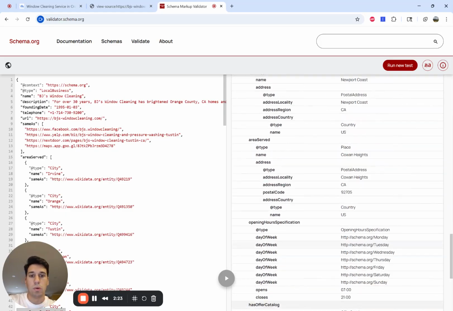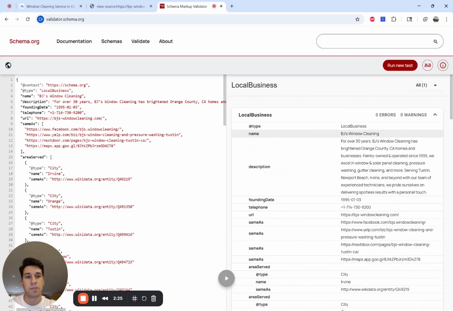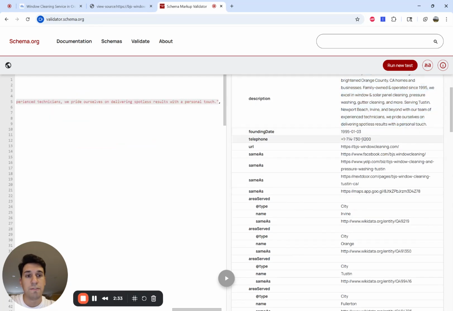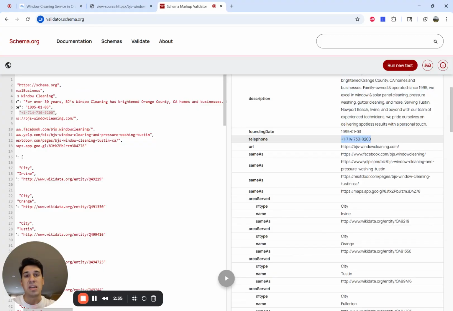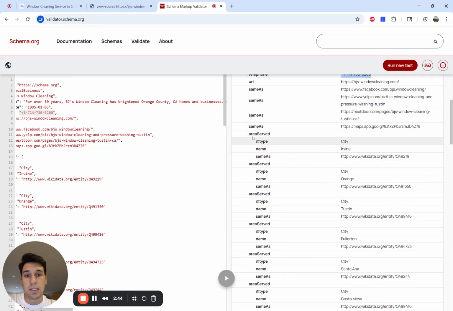Okay. So what's important about having all of this information, right? We want to tell Google that we're a local business, not just a random website. Okay. The name of the business, the description. We want the phone number to match. Remember, name, address, phone number. It's super important. Since we're a service area business and don't have a physical address, we need to list areas